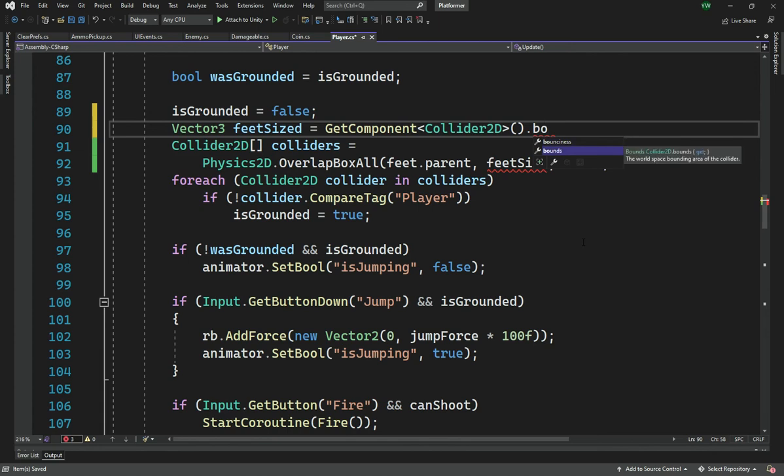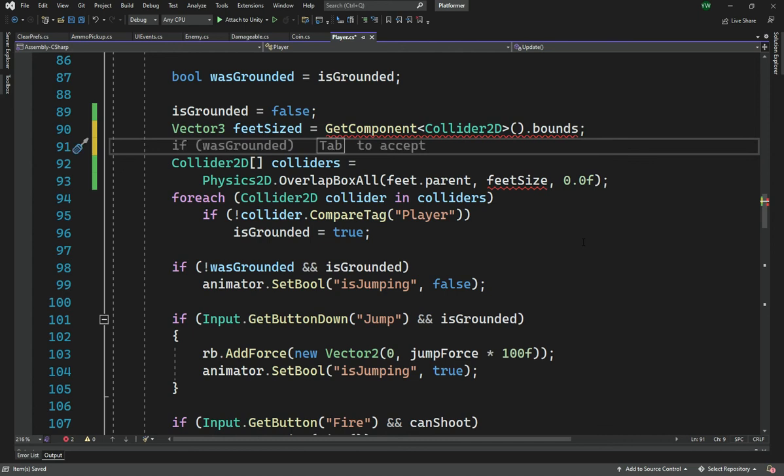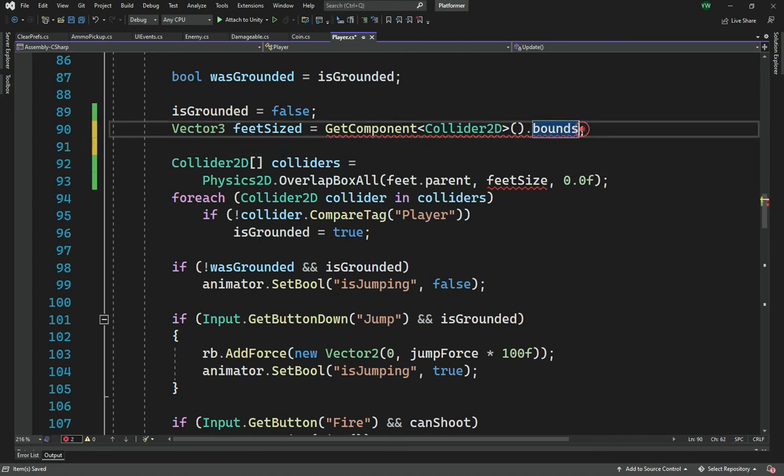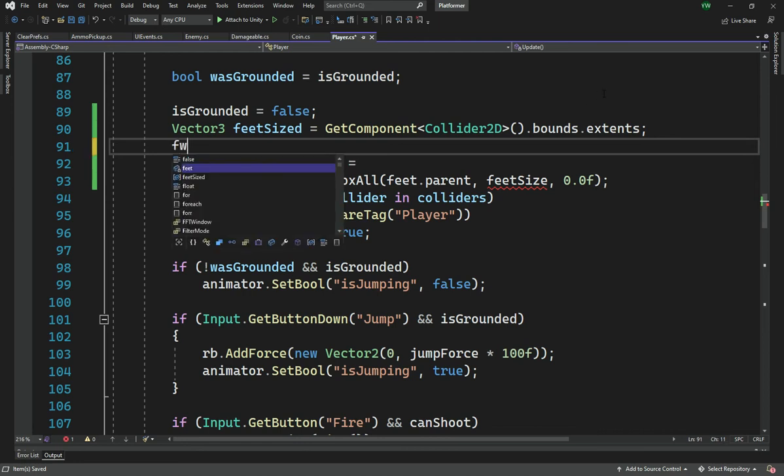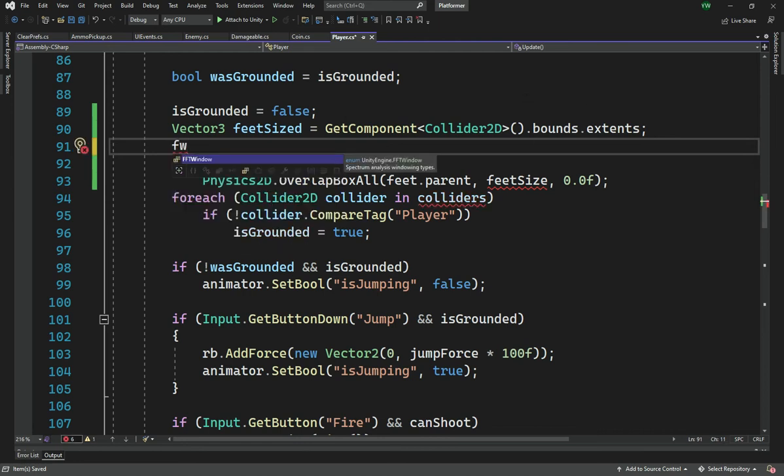This is going to be the bounds of the collider, and that returns a Bounds. So if I go bounds dot extents, then that is the actual size of the bounds. So here what we are going to say is feetSize, by the way, not size, feetSize